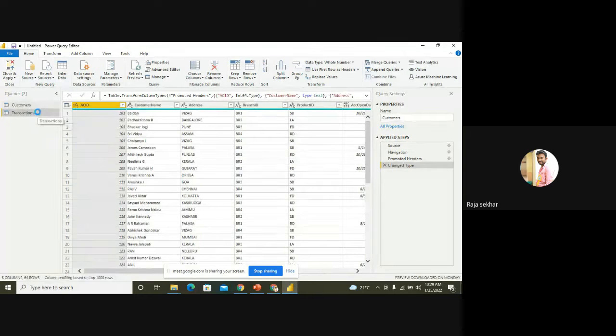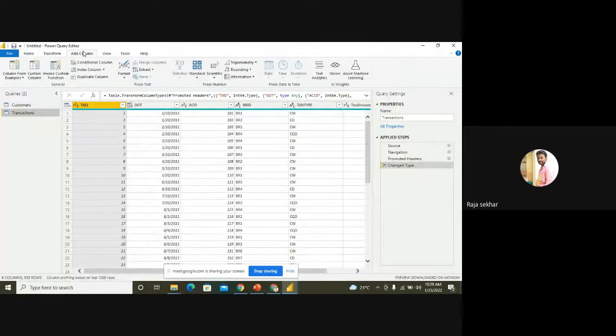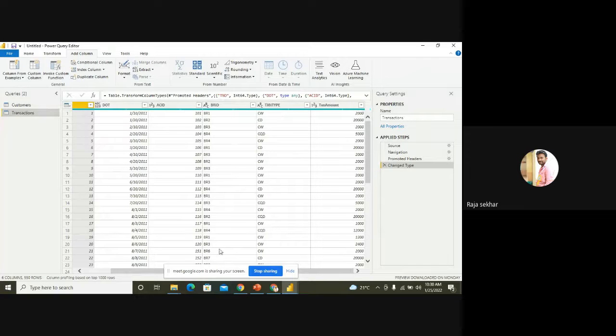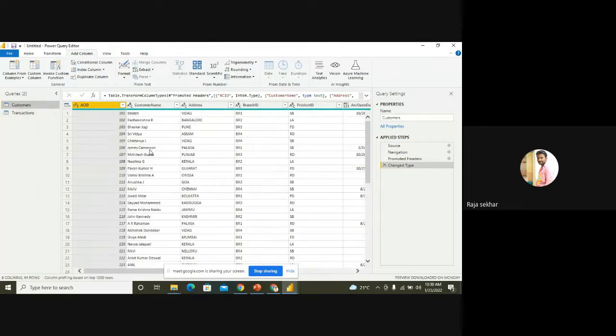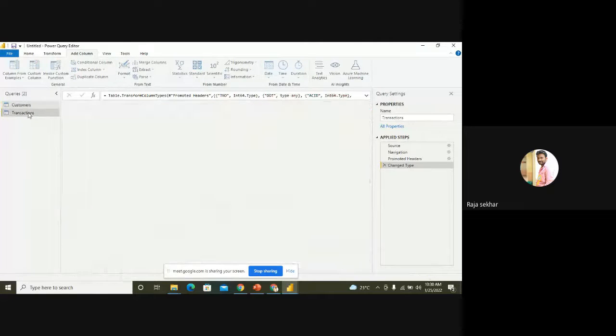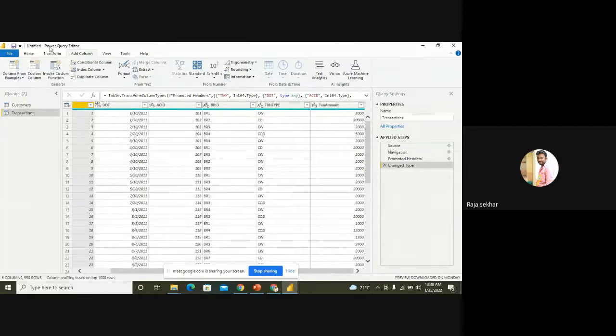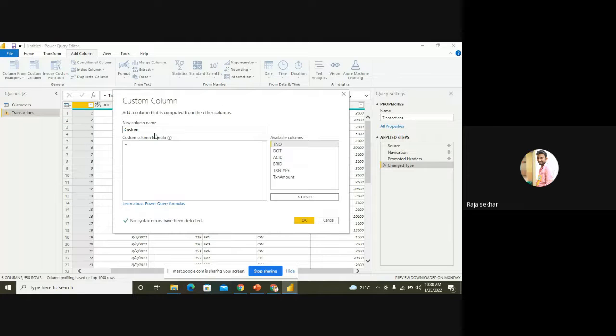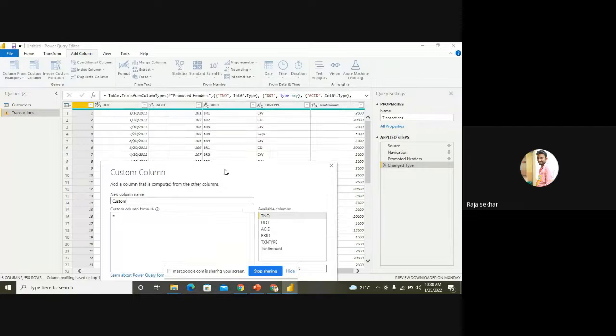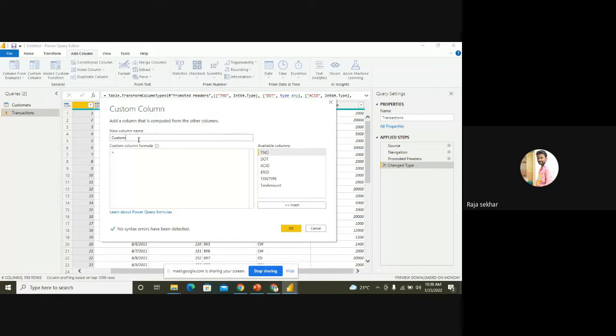Now I want to add the custom column. In the customers, we already have the details, and in the transactions, we have the BRID and the transaction amount. So I want to add a custom column. I already have the transaction amount here, so I want to add an extra benefit, that means an extra percentage to that particular transaction amount. For that, I'm giving